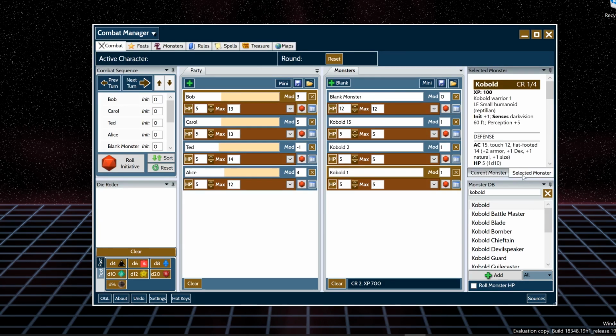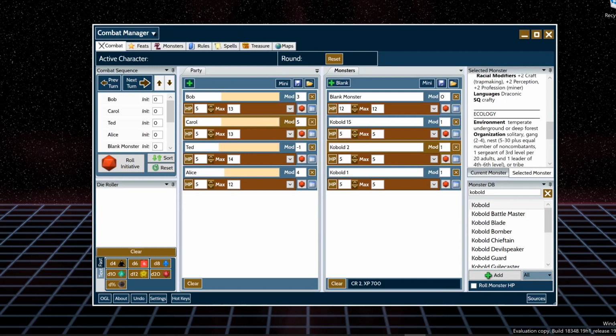So there are two tabs in this window: current monster and selected monster. Selected monster is whoever you have just most recently clicked on over here. And current monster is when we deal with initiative, whoever's turn it is. So when we click kobold, we see the stats block for the kobolds as in the bestiary. And this gives us all the information we might need to know about a kobold in order to use one